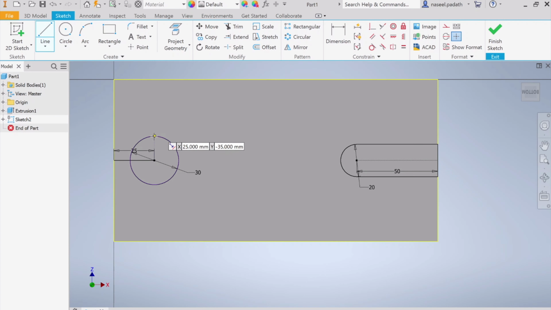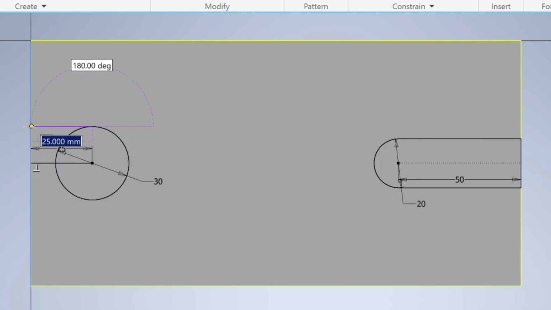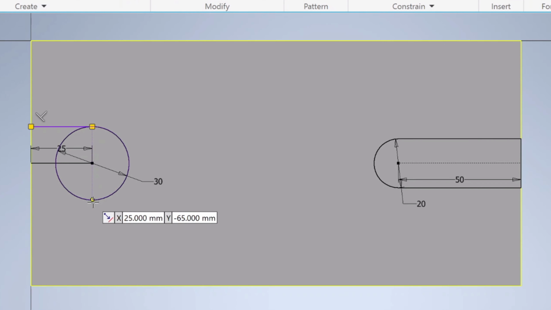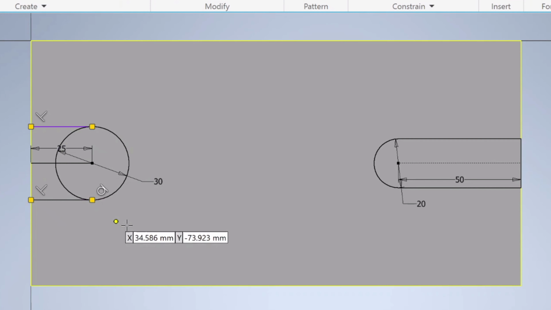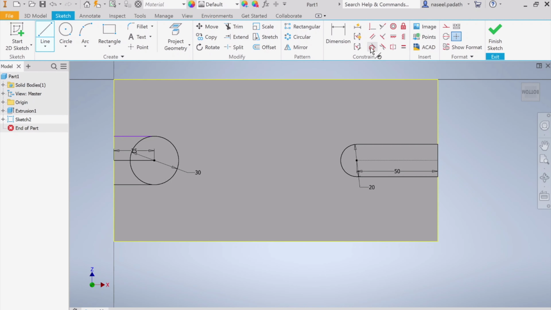And as we did before, choose the line and make two tangents up to this endpoint. Click. Now to make it tangent, choose the tangent constraint, choose the circle and this line. And finally, just join the endpoints here. Now trim. And as usual, you can make sure this one is a construction so that you can easily pick this area